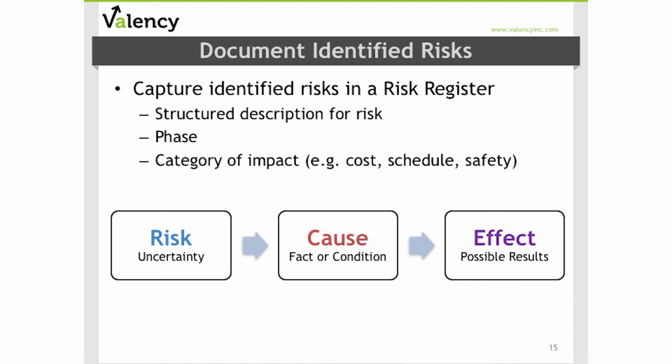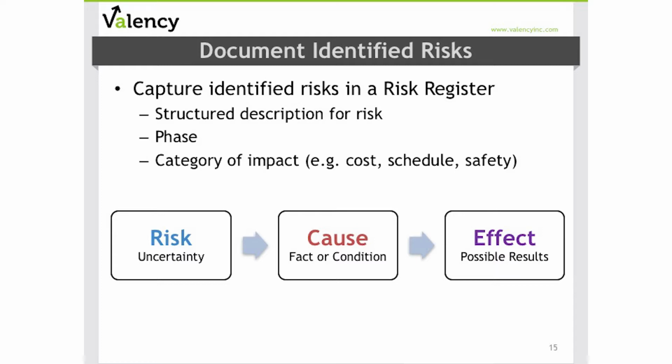is, first of all, start with naming the risk or the uncertainty that has been identified. Secondly, we need to concisely state the cause of the risk, meaning the fact or the condition behind it. And then third, we want to capture the effect of that potential risk, or the possible result if that risk